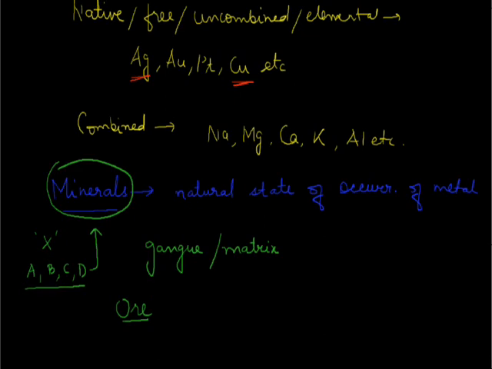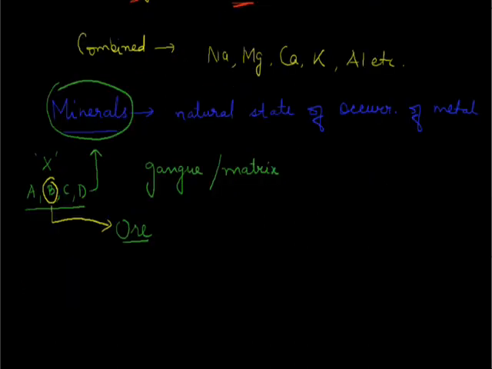So maybe I did some analysis and I found that among these four minerals, mineral B is the one from which metal X can be extracted most profitably and conveniently. So this mineral B will be called the ore of that metal X. Others A, C and D will be just called minerals, but B will be the one which will be called the ore of that metal. So there's a clear-cut distinction between minerals and ores, and we can make a general statement here